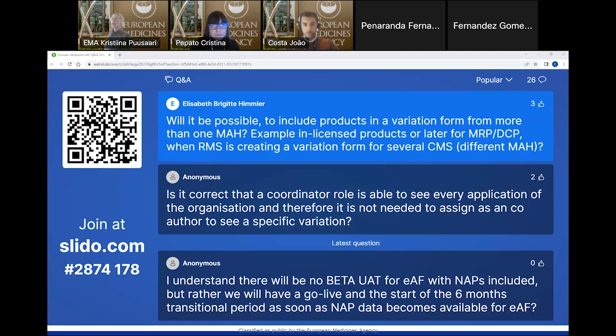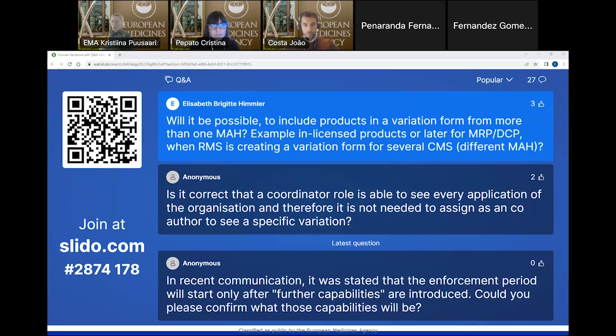So if you want colleagues from two different organizations to edit the same form, they need to be affiliated to each other so that colleagues from MAH1 and MAH2 can both add their own products into the form and then co-edit it. This will also be similar in future for products that have been authorized through MRP